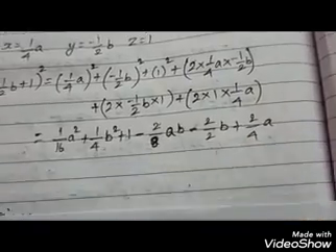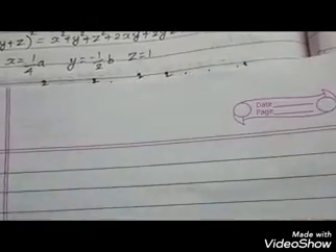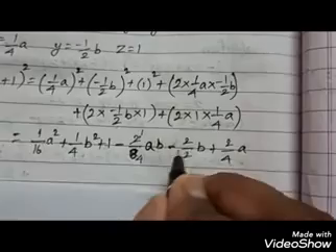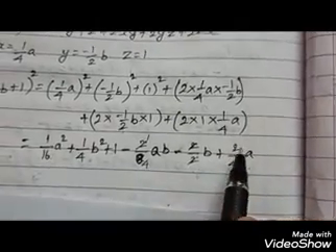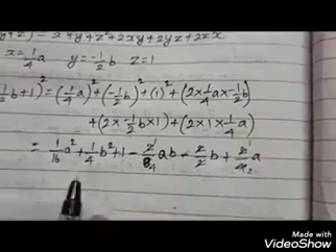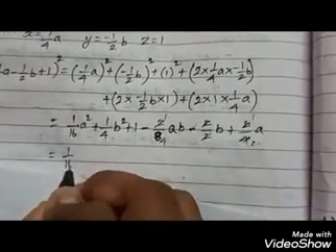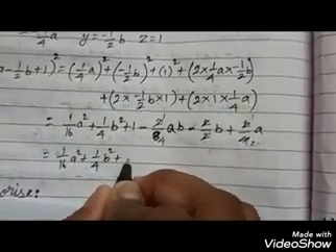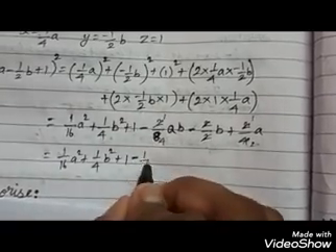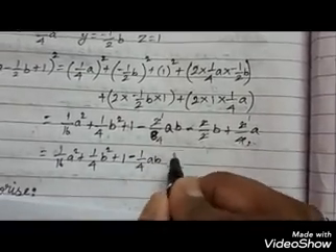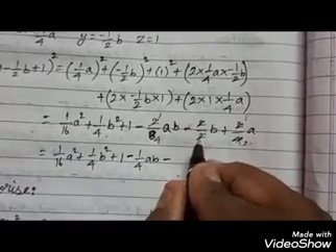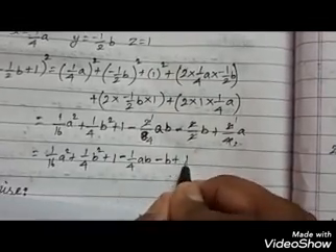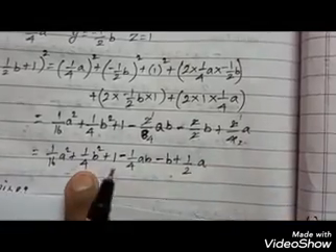Here you see the values, you are supposed to cancel them. 1 2 is 2, 4 2s are 8, and the 2 gets cancelled, and 1 2 is 2, 2 2s are 4. So now the value becomes 1/16a square plus 1/4b square plus 1, minus 1/4ab, minus 1/b after the 2 cancels, so you take b only, plus 1/2a. So this is the final answer.